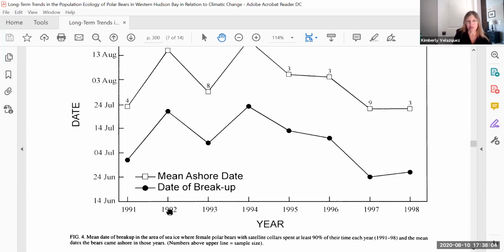Okay, so now I need to stop sharing this document and open up this document. Sorry. Do a new share. Okay,